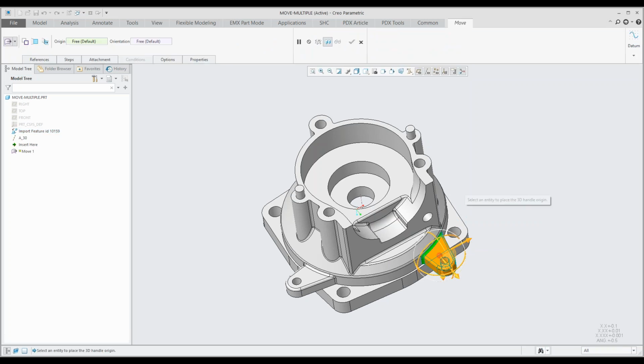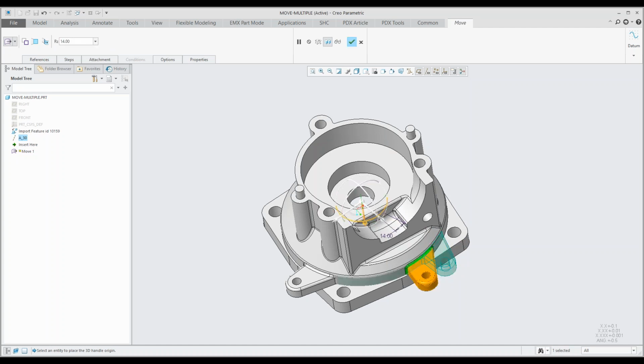As soon as you select the dragger, it's going to give you like the assembly constraints. It's going to give you that dimension, or the dragger that you can manipulate. So I can take the arrows and I can move it. I can take the arcs and I can rotate this particular boss that I've selected. What I would like to do here is change my origin. So I'm just going to select the datum plane in the middle of this particular component. And then as soon as I select this highlighted arc where I want to change it, if I drag that